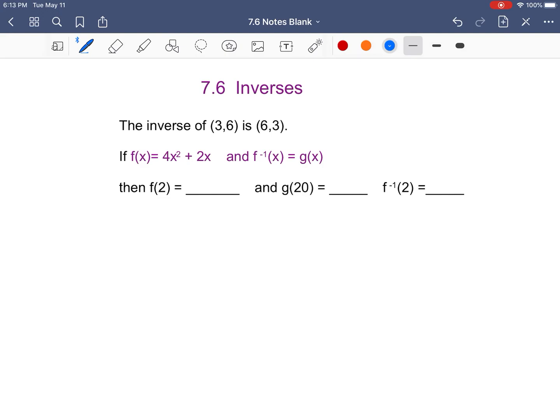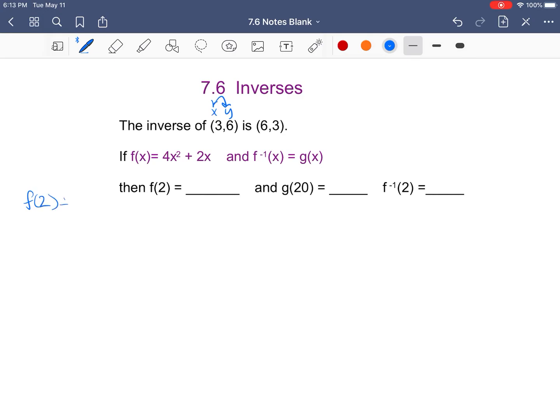Today we're going to be looking at 7.6 inverses. So the inverse of (3, 6) is (6, 3). Remember, inverses is basically where we are just switching our x and our y in the inverse function. A reminder that reciprocals and inverses are two completely different things. Reciprocals are 1 over. Inverses, which is this little -1 symbol, is where you're switching the x and your